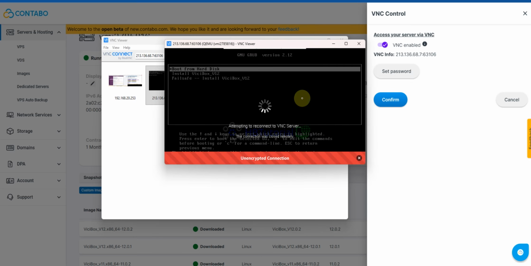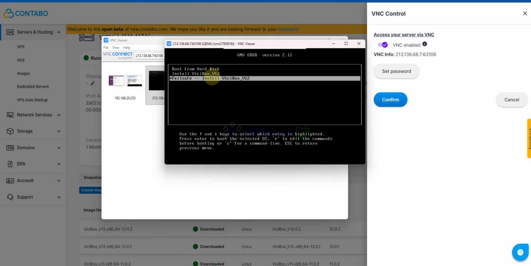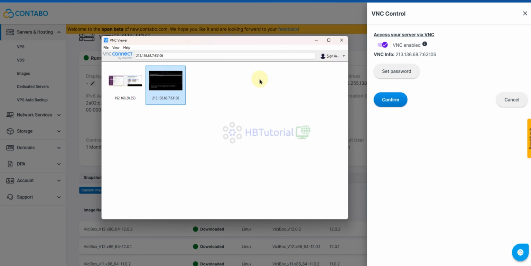If you see this one, you need to click the up and down arrow. Yeah, it's restarted again.